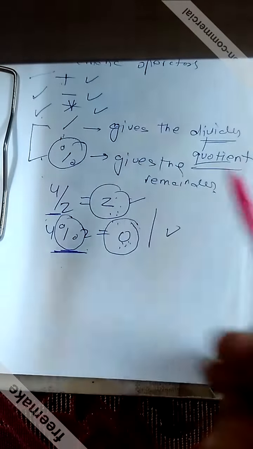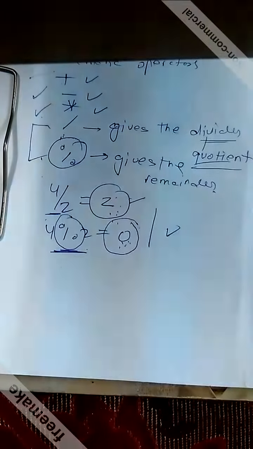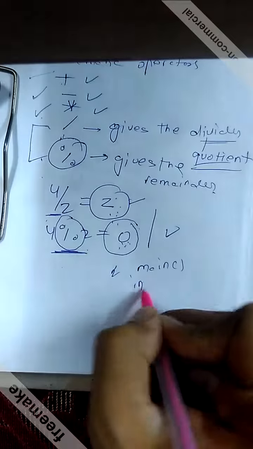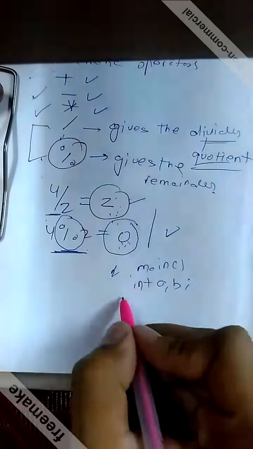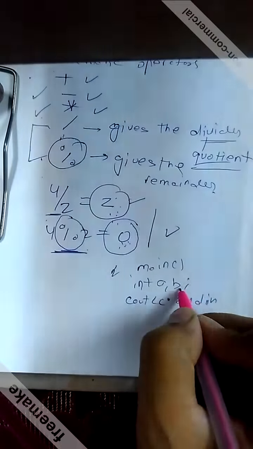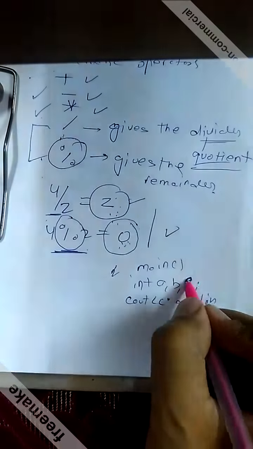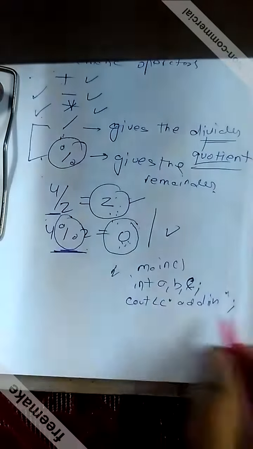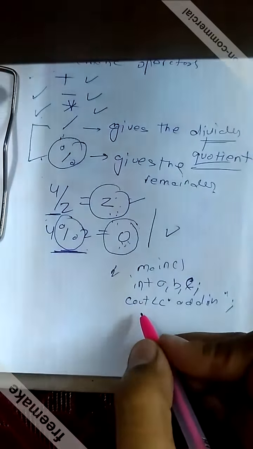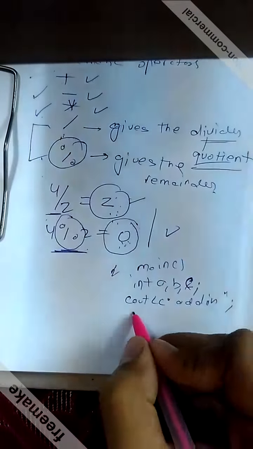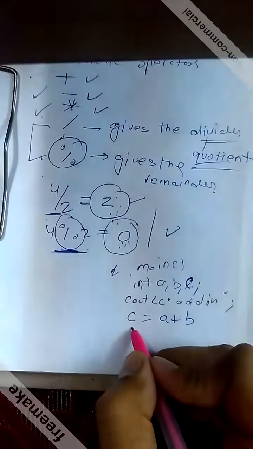So we can make a program about how these things operate. It's very easy to perform. Say we have main, and I declared int a and b. Then I said cout addition. I say int a, b and c. It is c addition. Okay, I used a Hindi word here, no problem at all. Cout is addition. Now I will say c is equal to a plus b, and